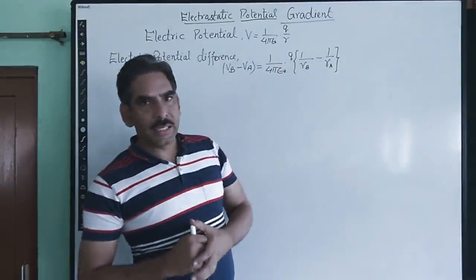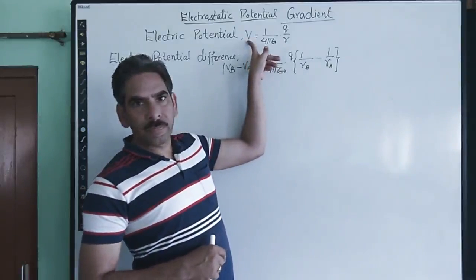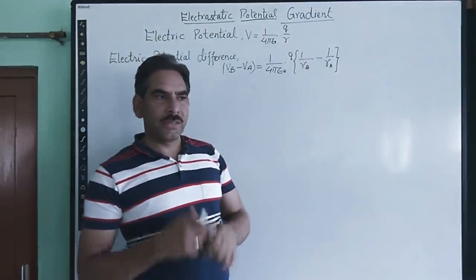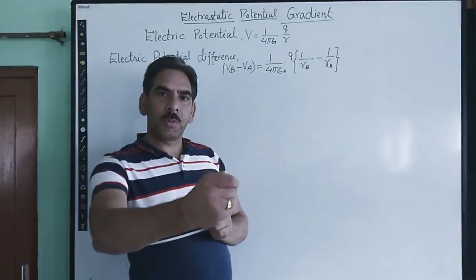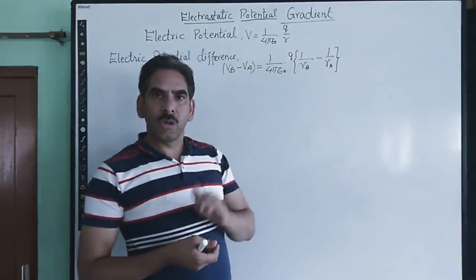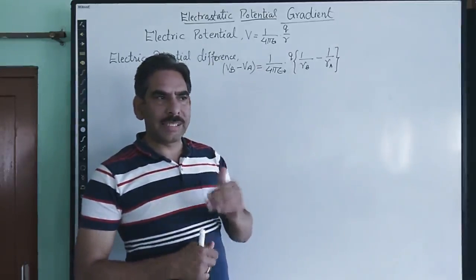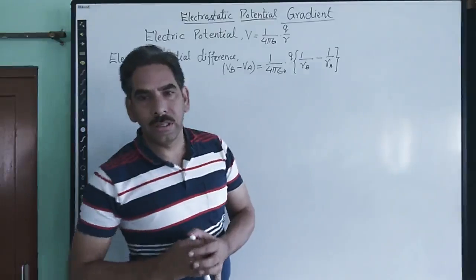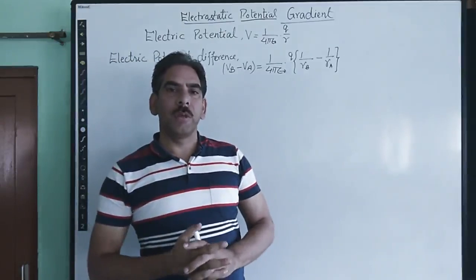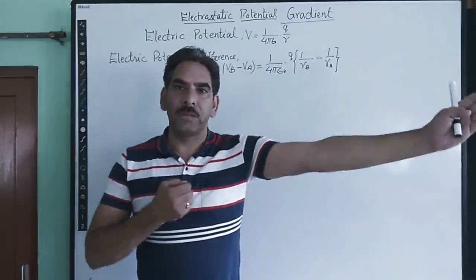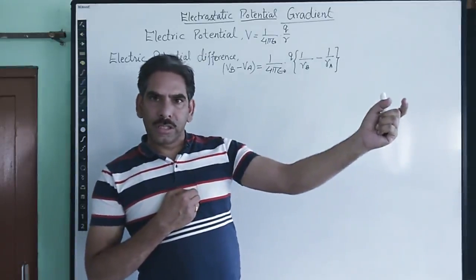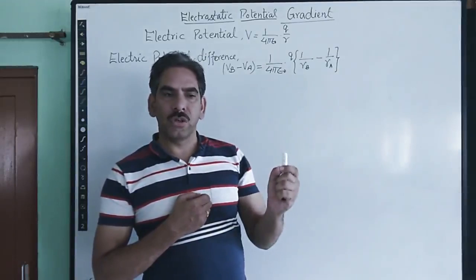From here we can understand that potential will go on decreasing if R goes on increasing. Means if the point to which the charge is to be brought is lying at a further distance, the electric potential decreases, or we can say it is less. What does that mean? That is not just mathematics, it is physics here. That simply signifies that the amount of work required to be done at a further point from the charge is less than the amount of work required to be done to a point which is closer to the charge.